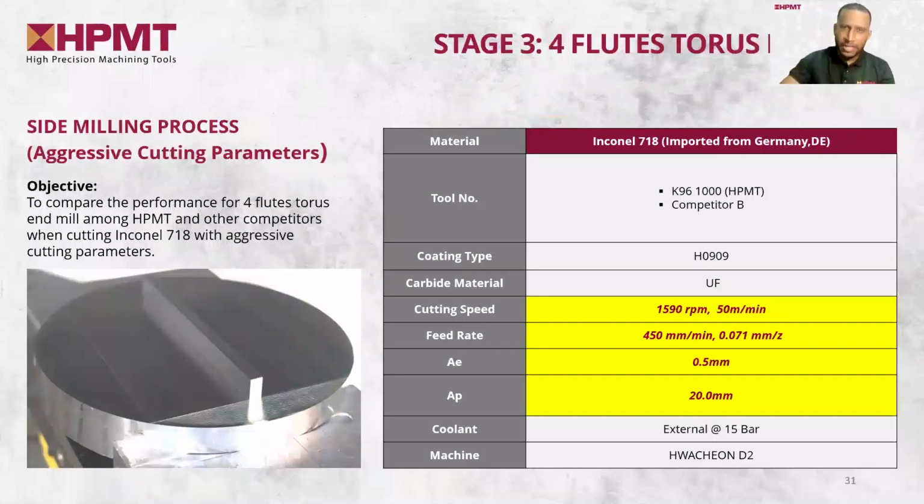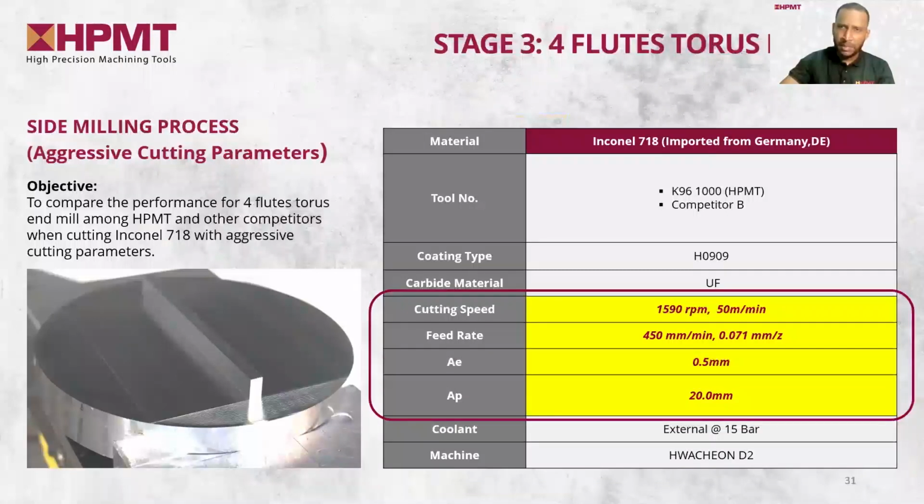If I remember correctly, in the previous test the cutting speed was 1000 RPM and 30 meters per minute. But here it is 1590 RPM and 50 meters per minute. That's a whopping 50% increase. Yes, you are correct. So not only comparing with conventional cutting parameters, we do include aggressive cutting parameters to test